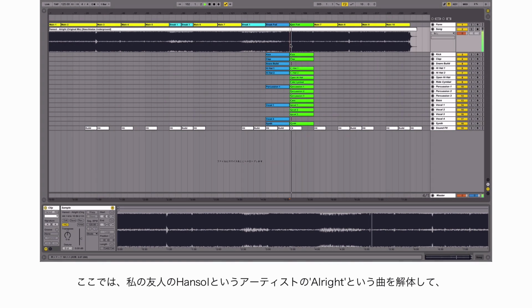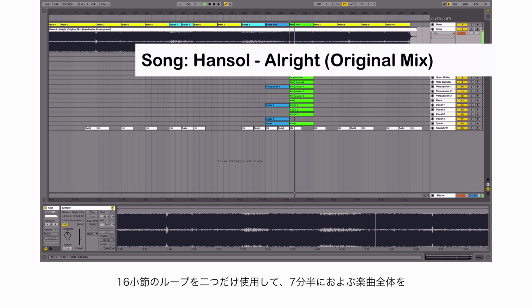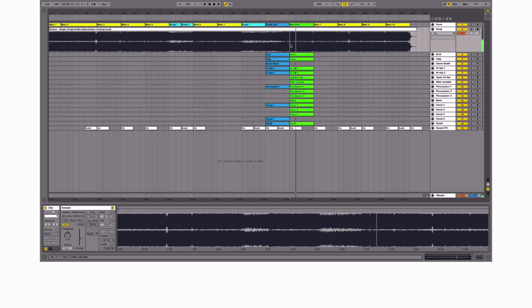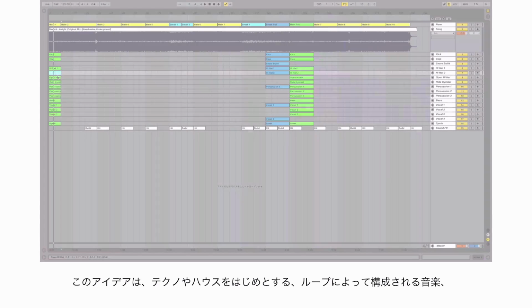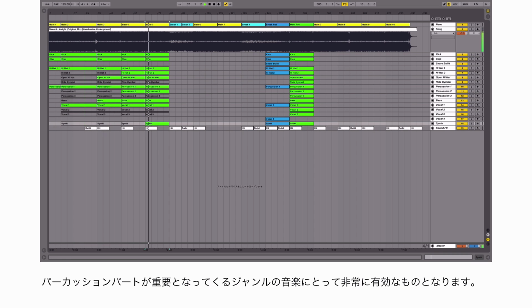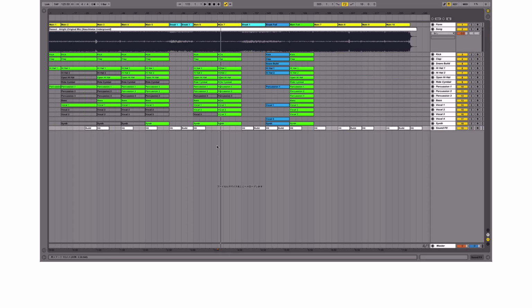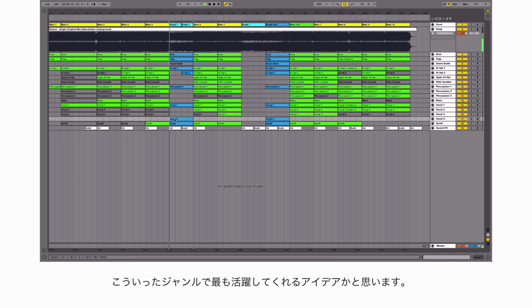Right now I have my friend Hansol's song All Right, and I'm going to deconstruct how he created this 7.5-minute song from these two 16-bar loops. And this idea works very well for electronic music like techno, house, and other styles that have a lot of repetition and building of percussive elements throughout a song. You can apply these ideas to other styles as well, but they definitely work best for creating music in this